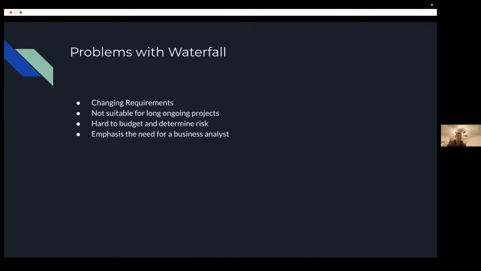And another problem, and this is from the International Business Analysts Institute, is it found that most IT projects or software development projects were over budget and took longer than expected. It was close to 80% for both. So 80% of budgets involving developing software were over budget, so they were spending more than they thought, and they also took longer.